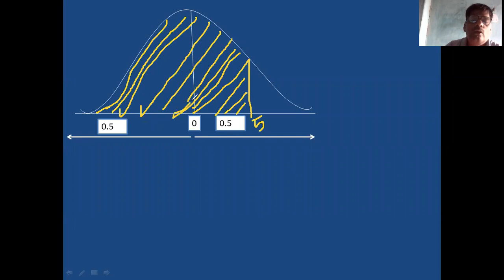How to find the value of this area? This is the less than 5. If less than 5 is there, you mark the 5, and less than means left hand side area is less than 5. More than means right hand side area. Remember this. Less than means you mark left hand side. More than means you mark right hand side. Remember this. Okay. If you mark this area, what is the total area between 0 to -infinity?